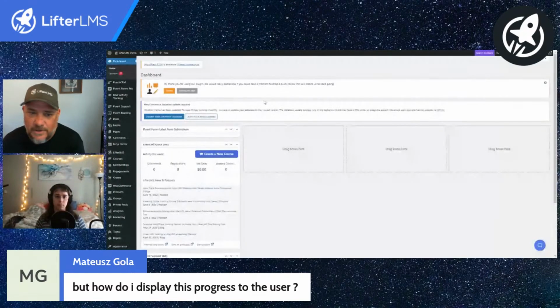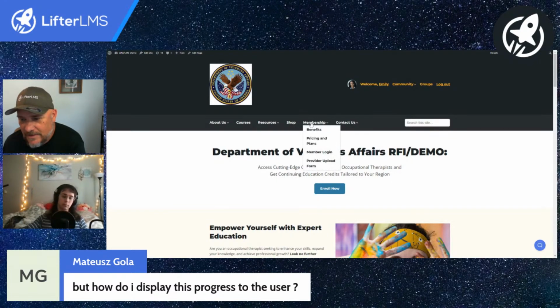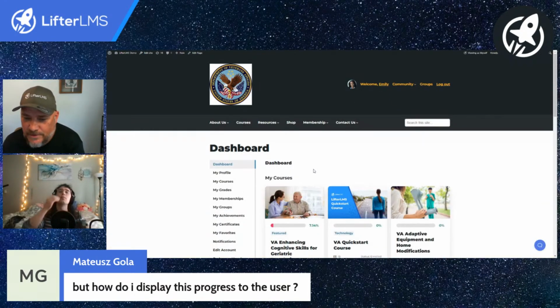Demo. So here we are in the back end of one of my demo sites. If we go back to the front page and go to welcome Emily, where is the dashboard for Emily? Dashboard, benefits, shop, log out, groups, community. Here's the dashboard.